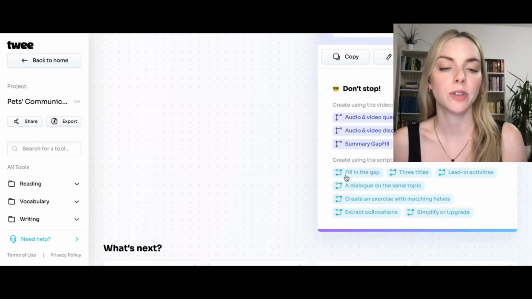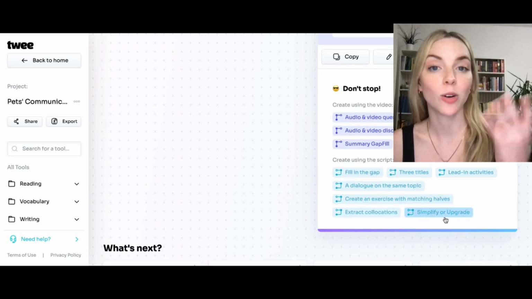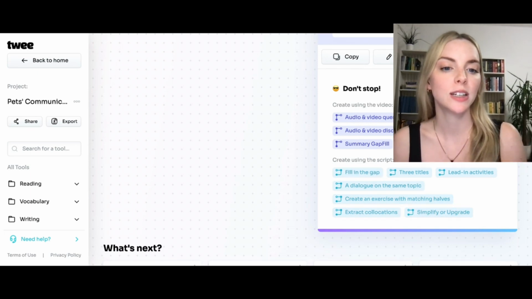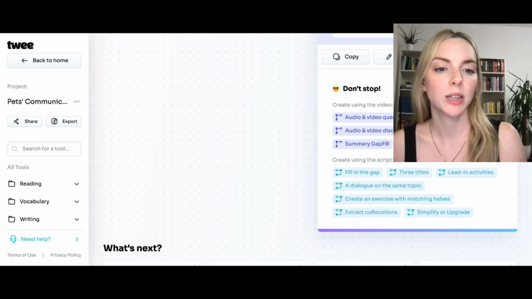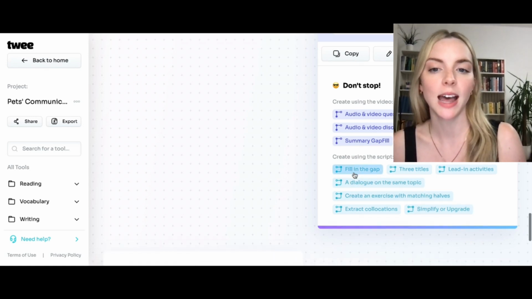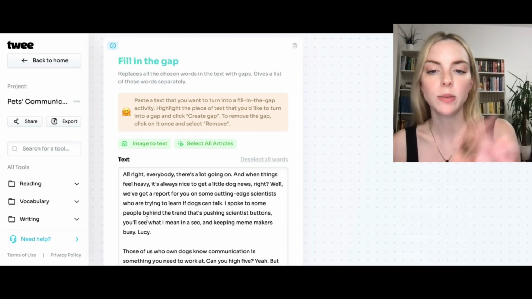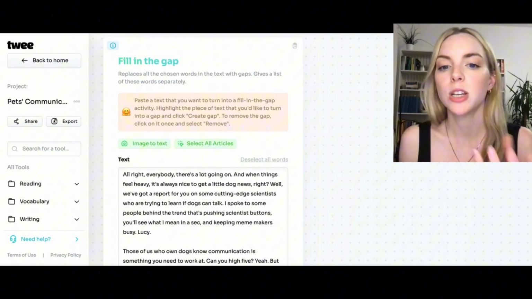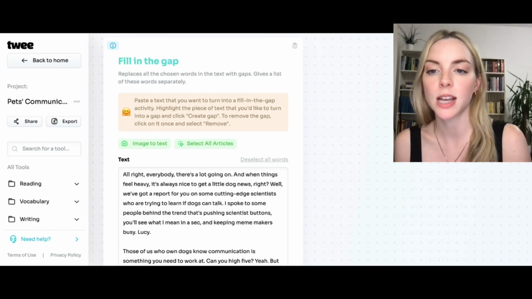And then from there, now that we have a text, maybe I want to create a fill in the gap exercise for my student, or you can simplify or upgrade this text for your student to match their level. But let's go ahead and do this fill in the gap. Here the text was automatically input for us, but you could also put in any of your own text,